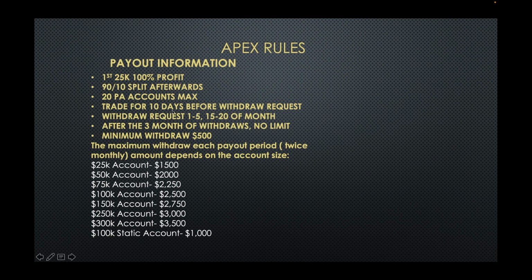The bad thing about it too is, we'll say that 10 days, say you pass the account on the 8th, or no, not the 8th, because the 10 days would be, so it'd be the 11th. Say you pass this account on the 11th and you switched over to the PA account. So now 10 days from the 11th puts you at the 21st day of the month. You can't withdraw until the 1st.